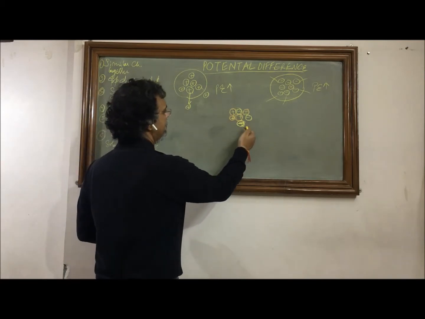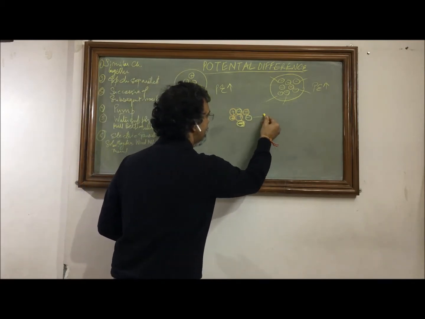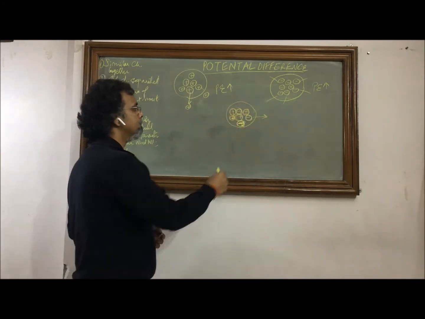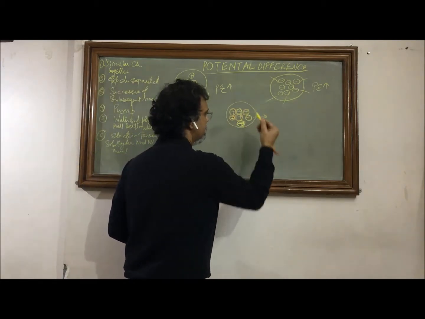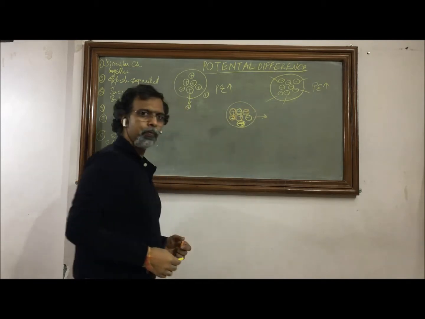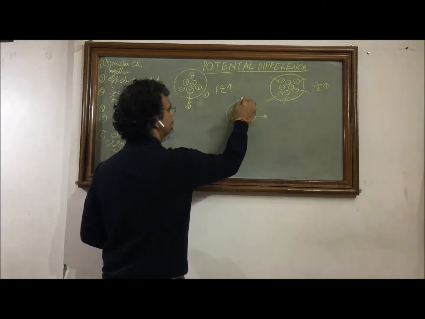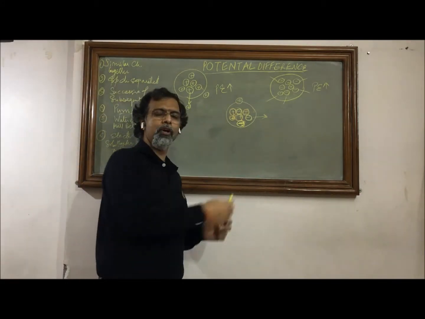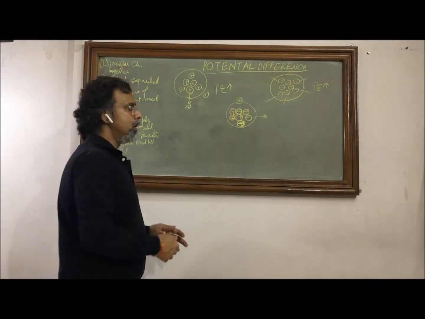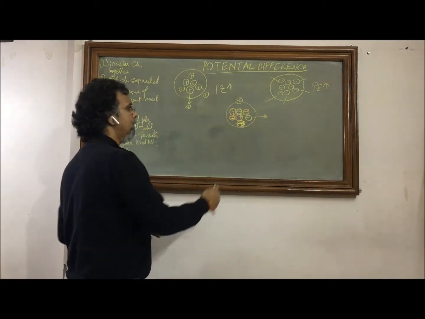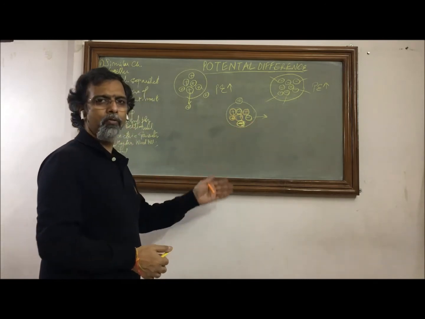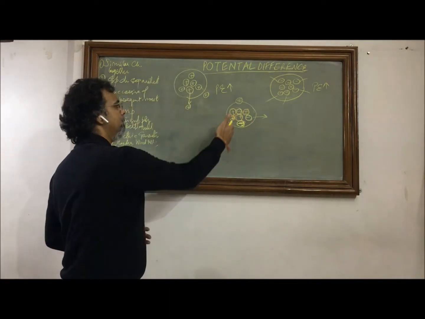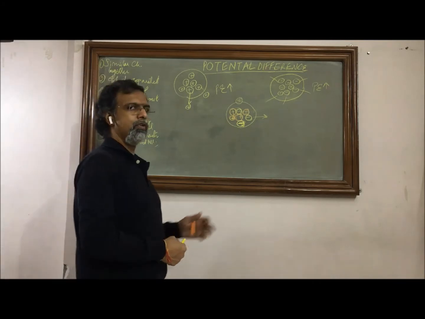Now let's say I try to separate a negative charge from this collection of charges. Initial point is this. I try to move this charge from this place. The moment I try to move this charge, this will be a positive system, because initially it was neutral, and now I am trying to draw a charge apart from a neutral body. The moment I try to draw this, there will be a deficiency of that charge and there will be a surplus of the other charge. So here, because I am pulling out the negative charge, there will be a positive surplus charge in this system,